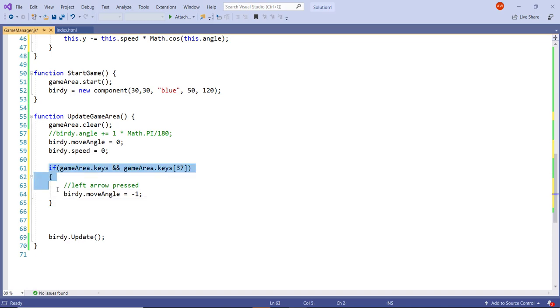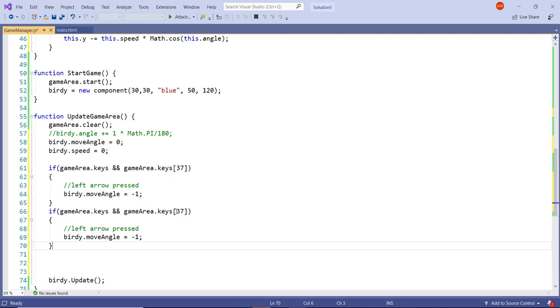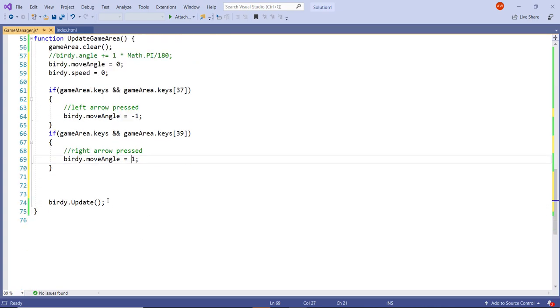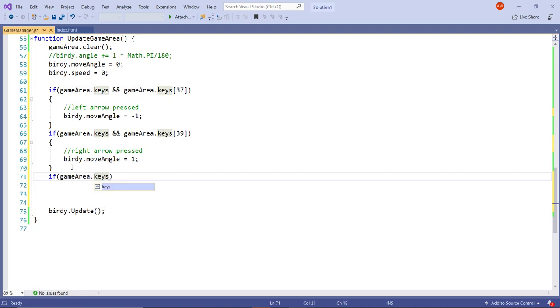I'm going to repeat very similar code for the right key, the right arrow. So in that case, the value is going to be 39. I need to update my comment, and then also set the move angle to +1. The next key is going to be working out similarly. I'm going to check that the GameArea.keys exists, and if it does, I'm going to also check whether I have pressed